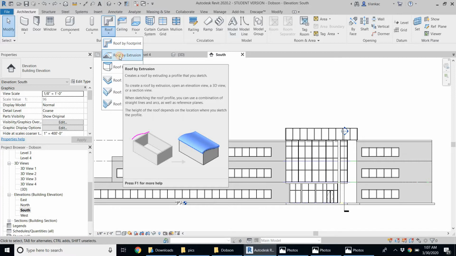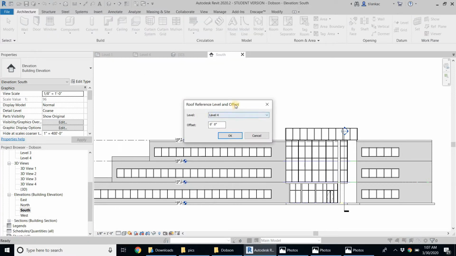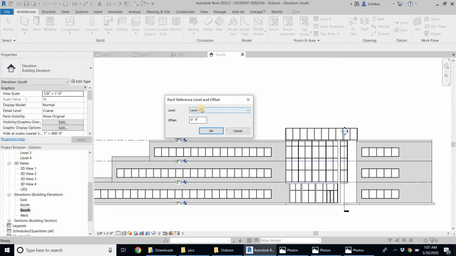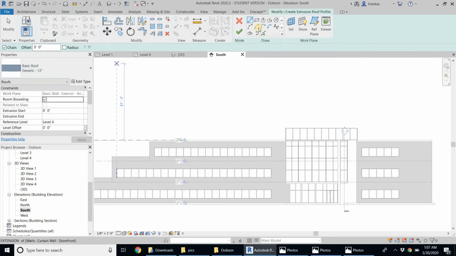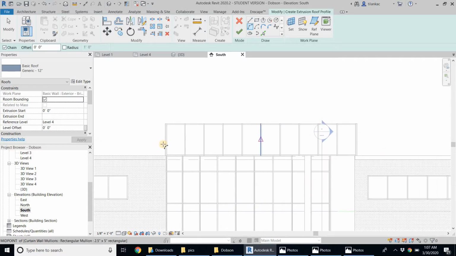So I'm going to click roof by extrusion, and it's going to ask you which level you want to place it. I'm going to place it at level 4, just because it's on level 4. I'm going to click on OK, and since it's a curve, I'm going to use this arc tool here. I'll scroll in, and all I need to have is just to draw one line here,